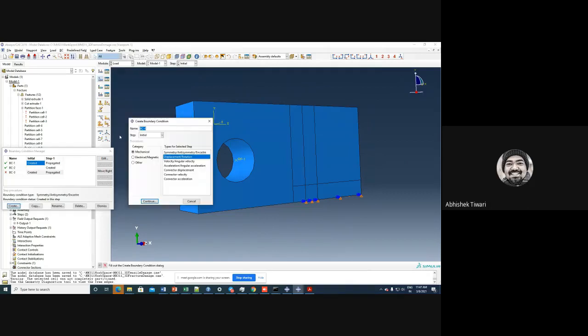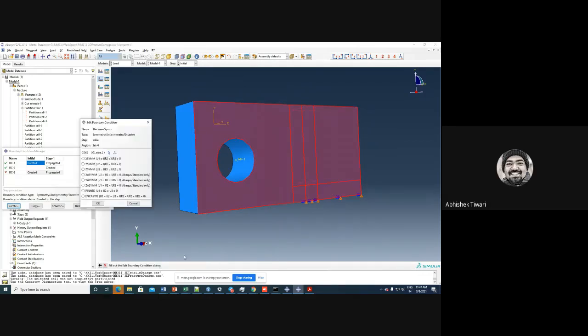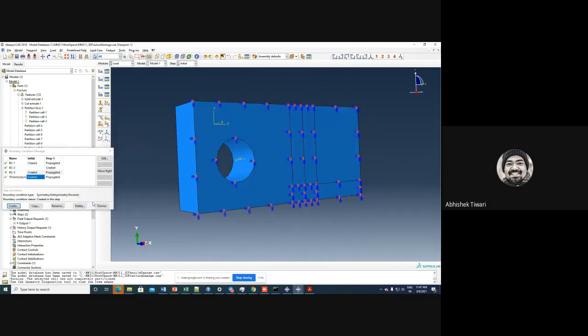So let me create thickness symmetry. So that will be symmetry on the C axis. I'll select all the faces here and I'll apply C symmetry there. And that is done. And Y symmetry is done. So crack is defined and this is defined.